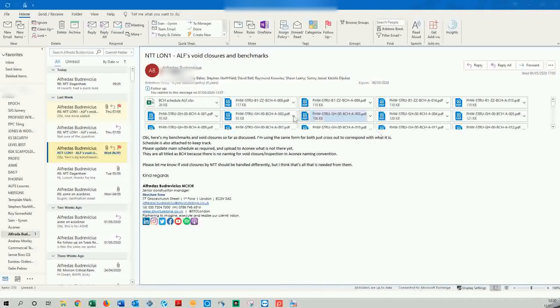So the exercise we're doing at this point is retrospective, because some of the documents already exist, but because they failed to follow the process, due process, to publish them on Econex, which is the EDMS we are using, I'm having to do this in retrospect. I'm having to go back and upload some of these documents. And so this is a request from one of the construction managers saying, hey, please, can you help me upload these documents so that we have a record of them on the EDMS system,